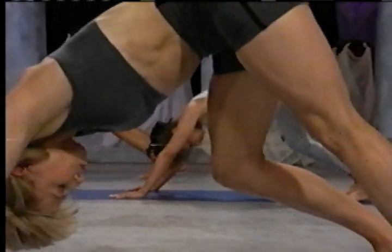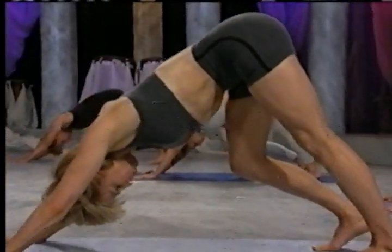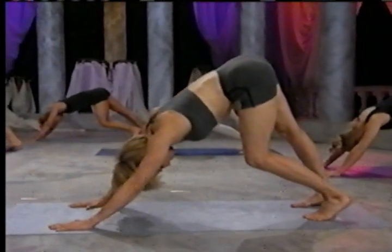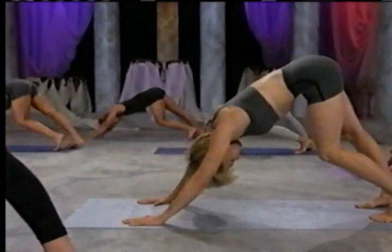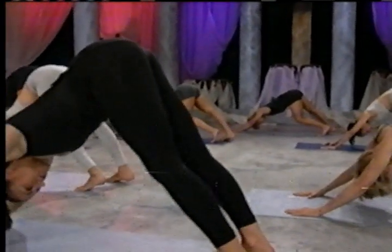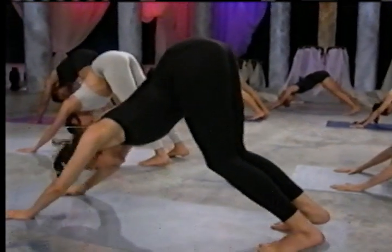Stay there for a breath. Inhale and exhale. Switch legs. So now we're pressing the right heel into the floor and relaxing the chest onto the left thigh. Stretch those arms. And now lower the left down to join the right, soften the knees, look up at the